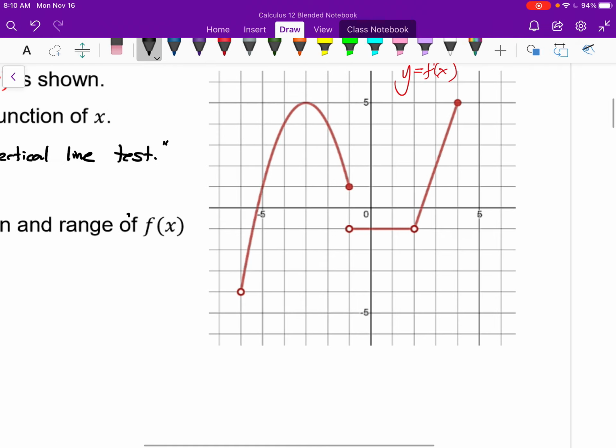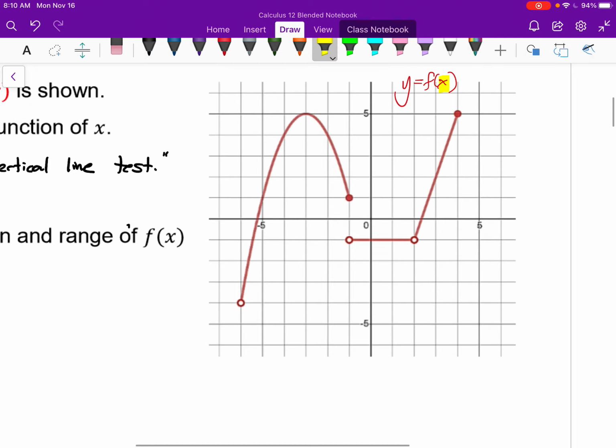And so if I look here, what do I mean by that? Well, the numbers that go in are the x, right? That's the independent variable. And so my x-axis, those are the numbers that go into this function. And what comes out is the y-axis, y equals f of x. And so if I look at this, there's never a point where for one x value I have two y values. For example, right here, if I look at this vertical line right here, when x is -1,